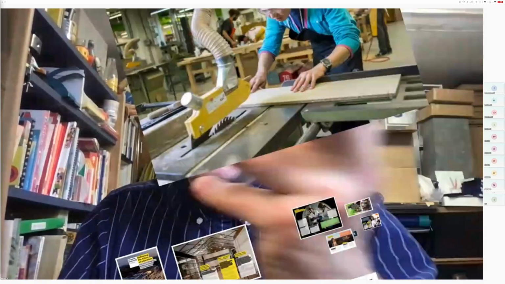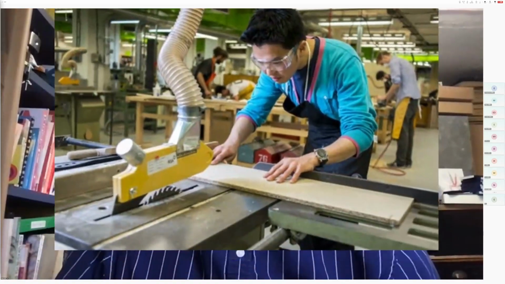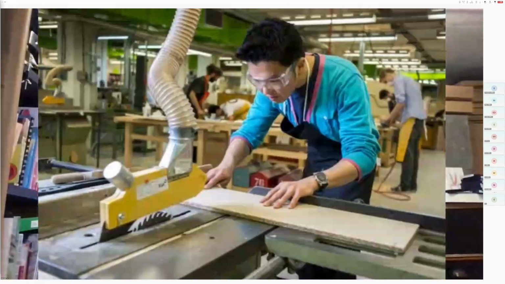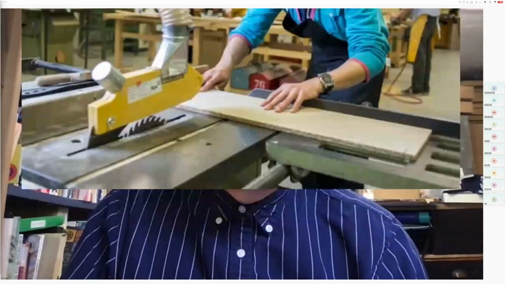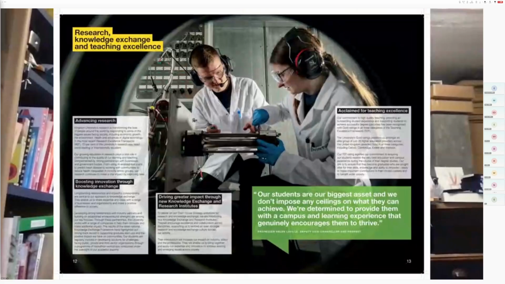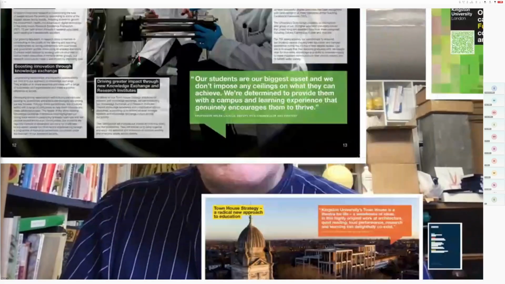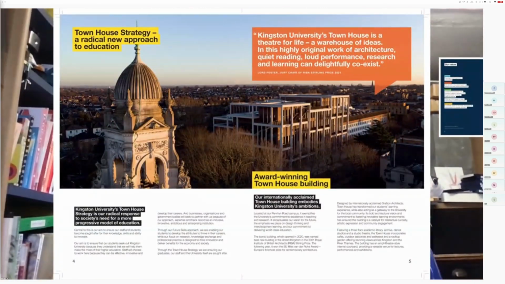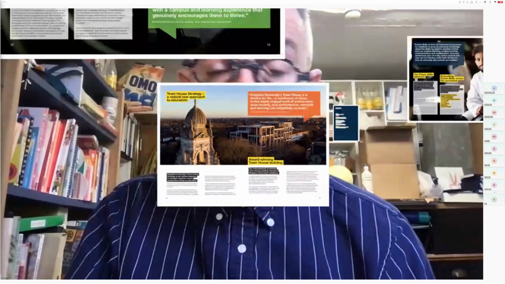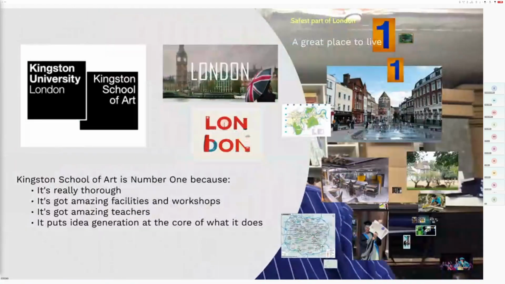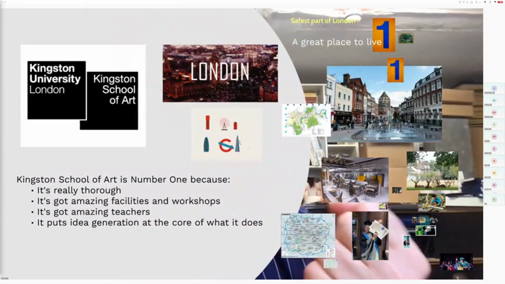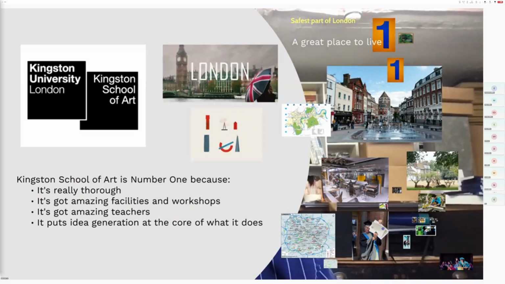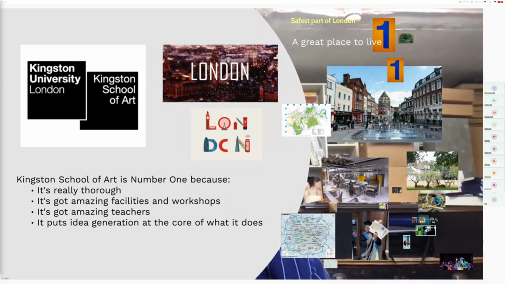So thinking through making, and that could be high-tech stuff, it can be cutting wood or plaster, and then working in very high-tech ways, and then really appreciating the history of London and its environs as well. So all of that was really quick, but yeah, number one, because we're really thorough, and we're going to talk about thoroughness in a second. Amazing facilities, and then some of the